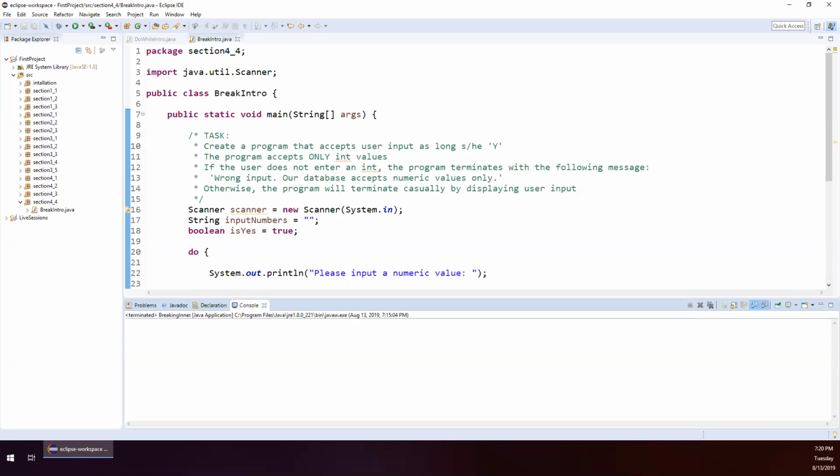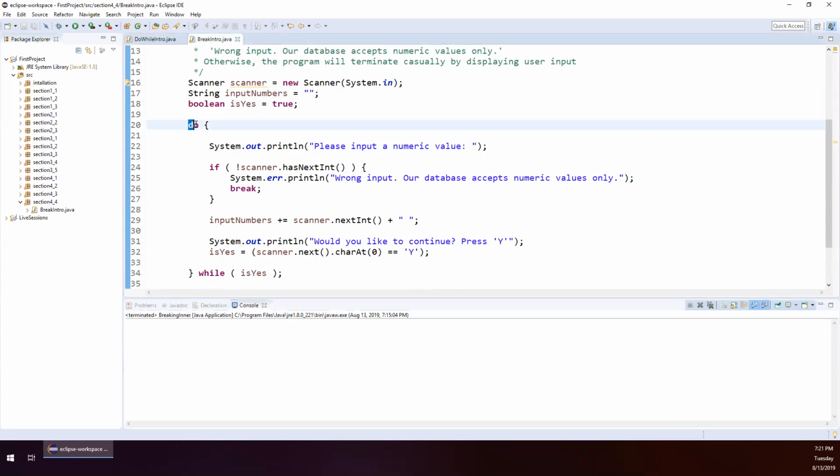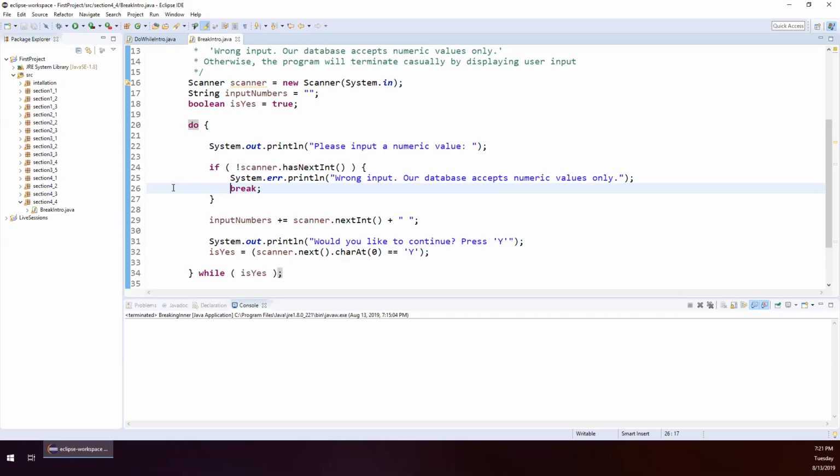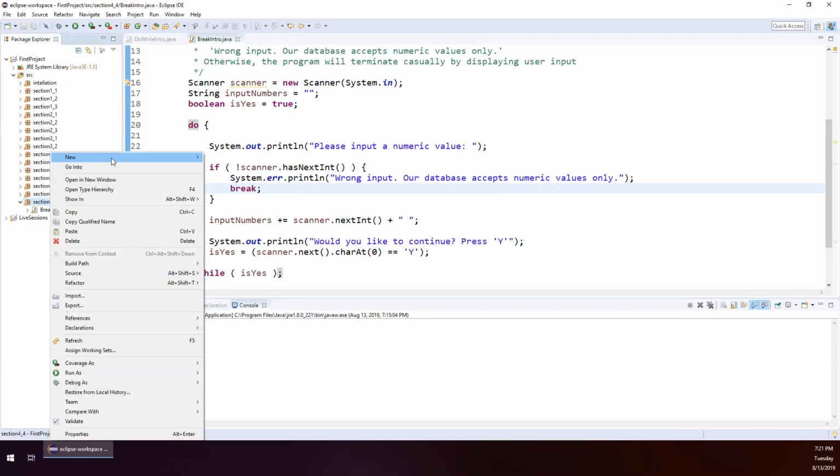Welcome back, everyone. Now that we have seen how the break statement behaves inside loops, we saw an example of a do-while loop in our previous recording, but all the loops actually accept the break statement the way it is, and the break statement will break any loop there is. It doesn't matter, it will behave the same way. So it is time to see cases where we have multiple loops nested, and we have a break statement inside one